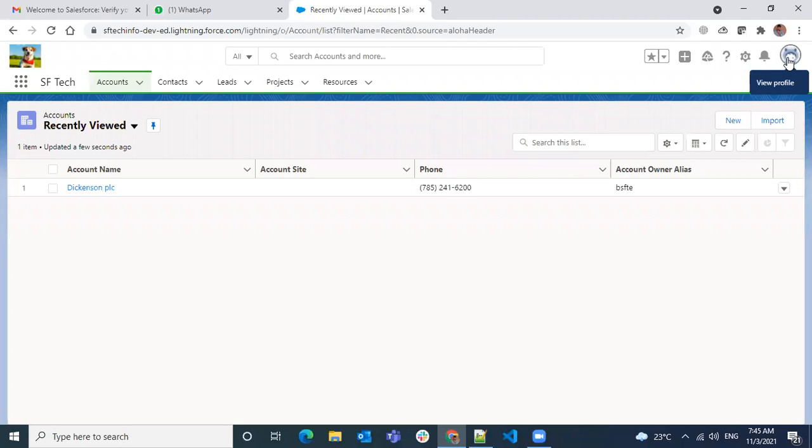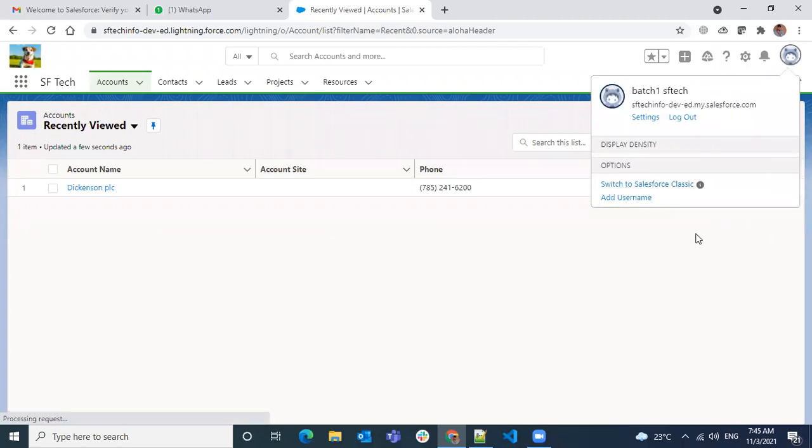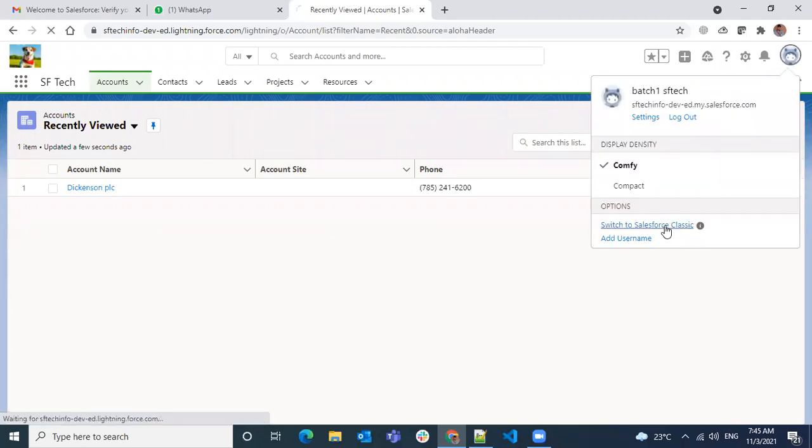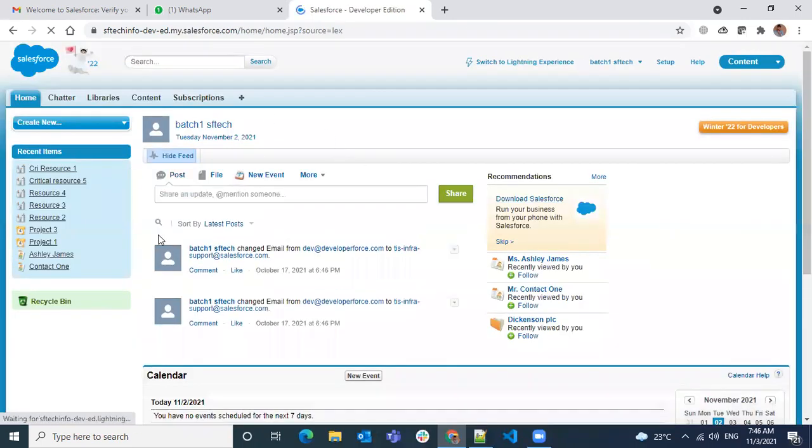Even some of the pages still look like Classic, but they're available. Only this part will be shown in Lightning. But the header and sidebar, what we call the top part, we have tabs, logo, and this release, I think Winter 22.